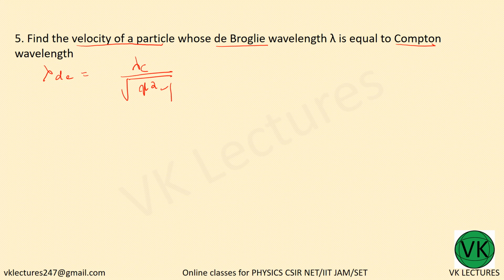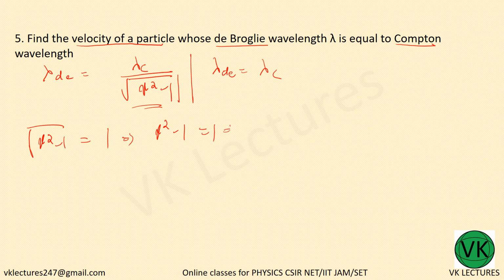Now for these two quantities to be equal, if lambda dB equals lambda c, then this denominator must be equal to 1, which means under root gamma square minus 1 should be equal to 1. This implies gamma square minus 1 equals 1, which means gamma square equals 2. So what does that mean? Gamma is equal to root 2. Now what is gamma? Gamma is nothing but 1 by under root 1 minus v square divided by c square, which is equal to